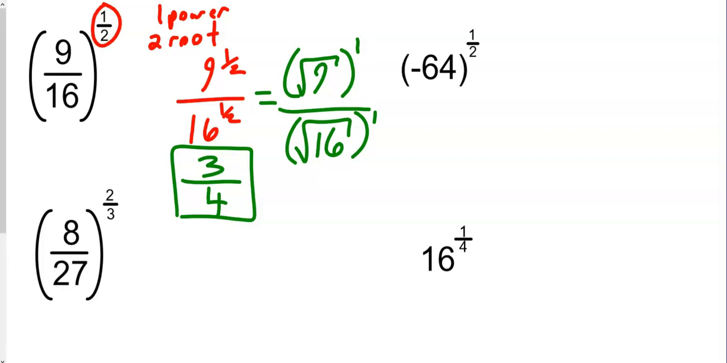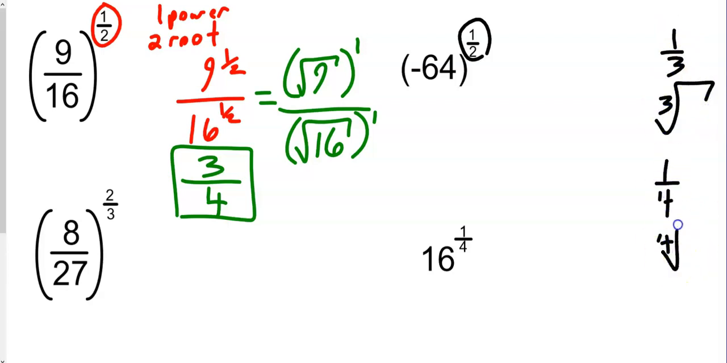Okay? Let's do another one. Let's go over here and take a look at this guy. And hopefully you'll start picking up the fact that if you ever see a half, you're talking about a square root. If you ever see a third, you're talking about a cube root. If you see a fourth, you're talking about a fourth root. Hopefully you'll start picking up on that trend. So what we have here,